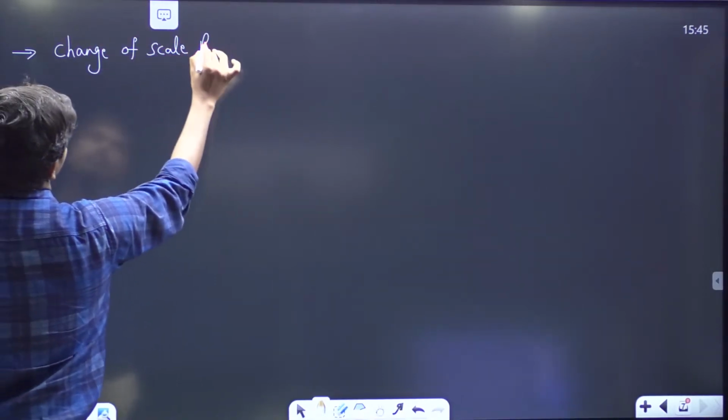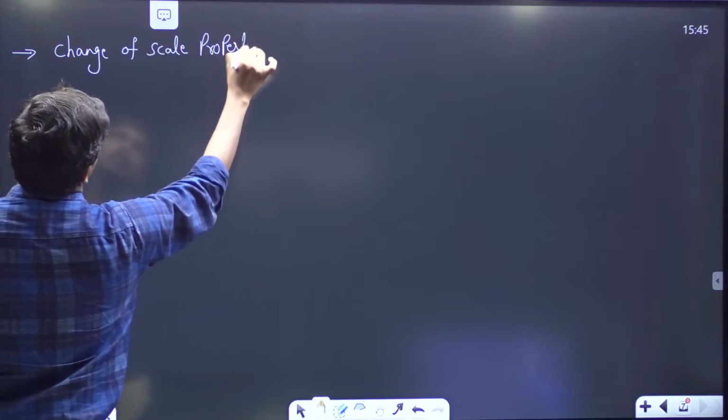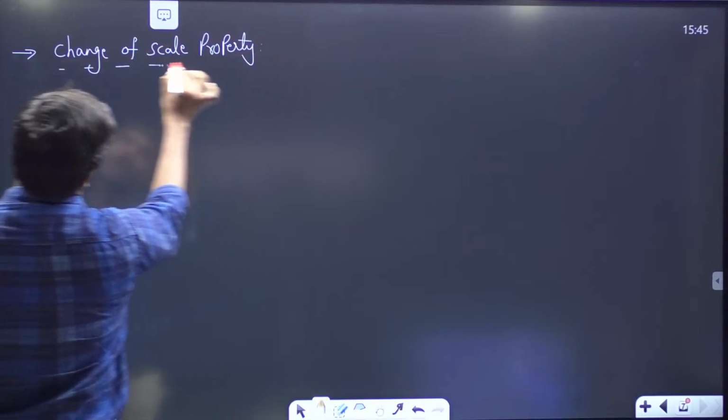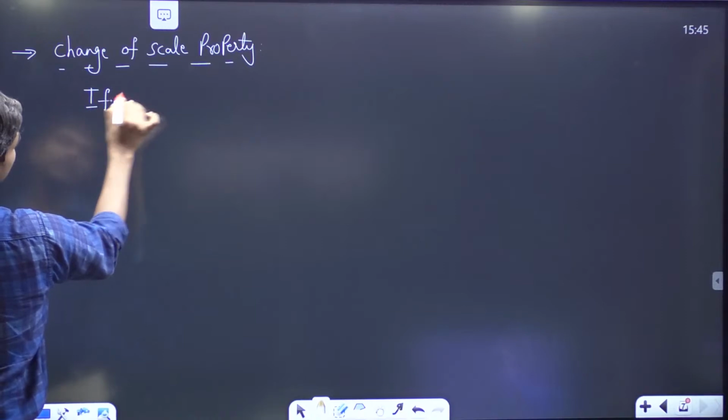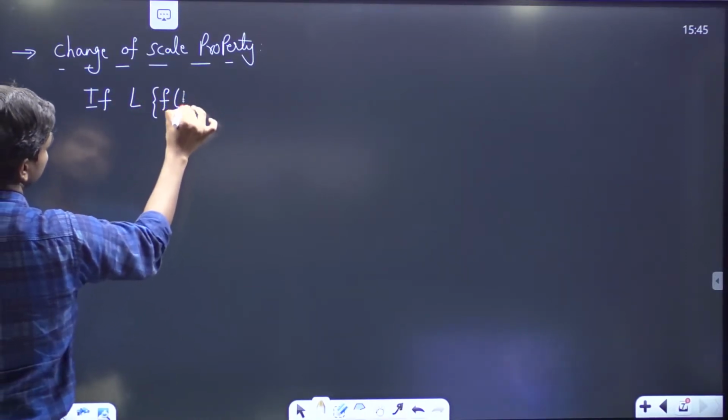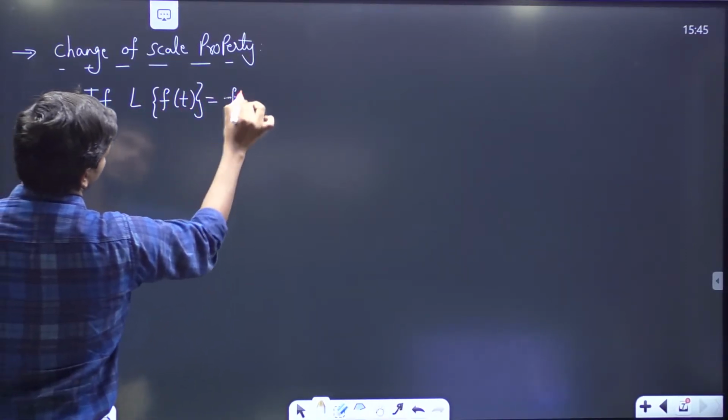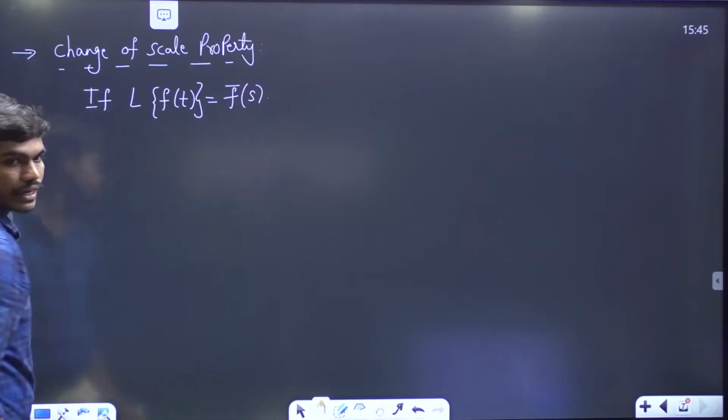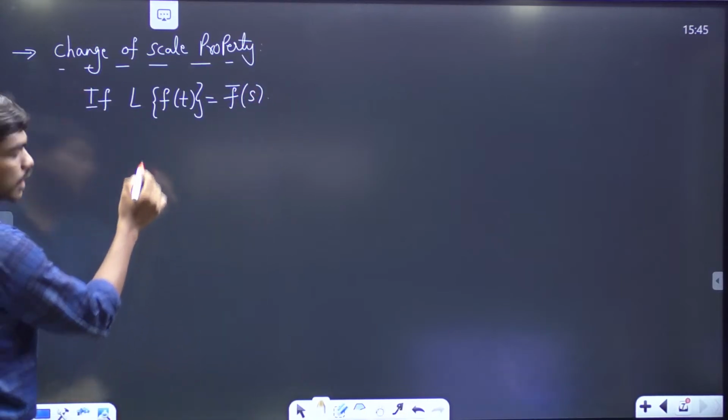Change of scale property. Okay, so if Laplace of f of t is equal to some function f bar of s, then today is the last class. So then